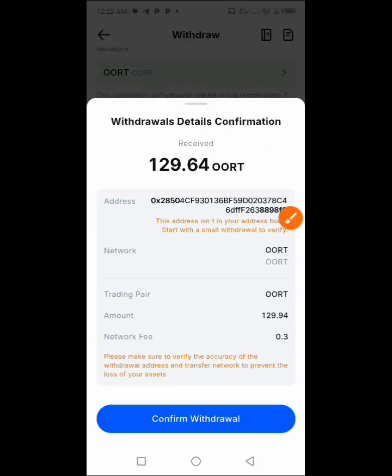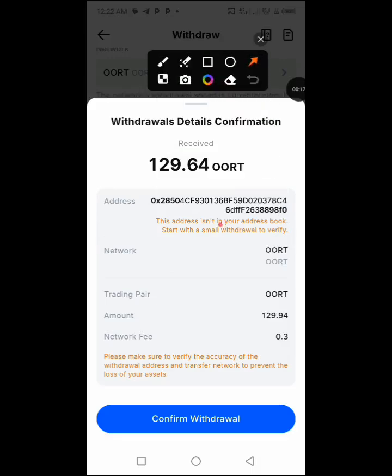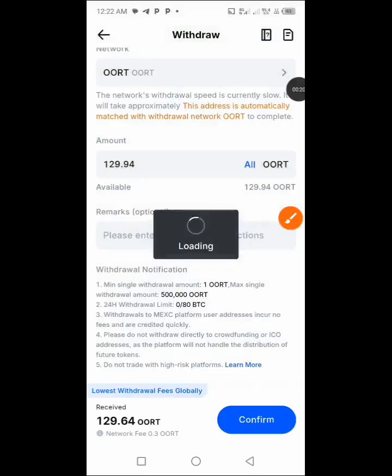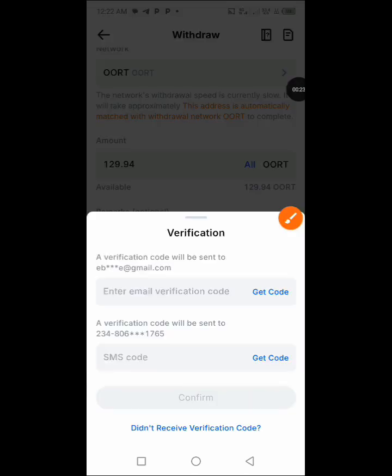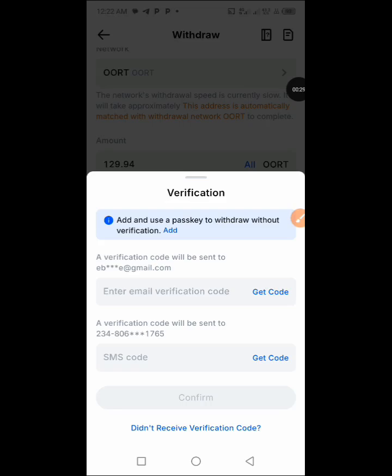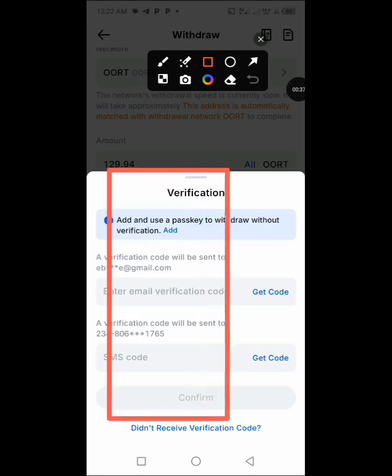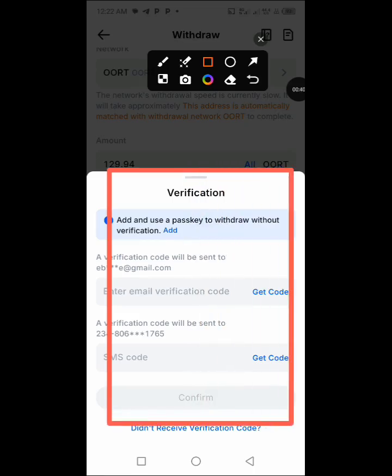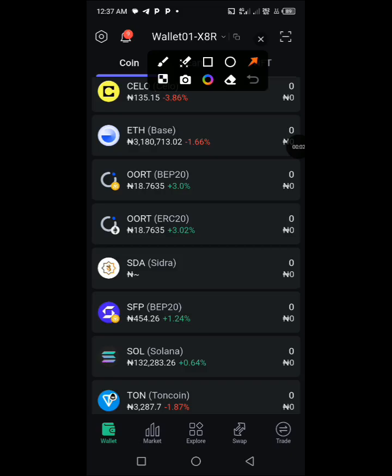Then it's going to pop out this. Just go ahead and click on confirm withdrawal. All right, and you confirm all of this information right here. The code will be sent to your email and your phone number. Just go ahead and insert them right here after clicking on this code right here, and then you click on confirm. Okay, so after 20 minutes or thereabout, just log into your SafePal wallet and the token is going to be